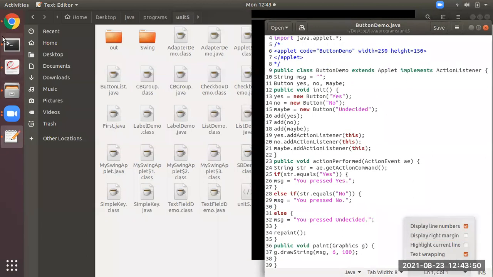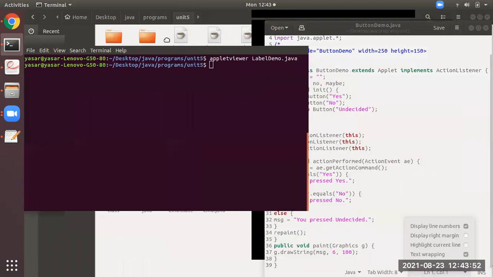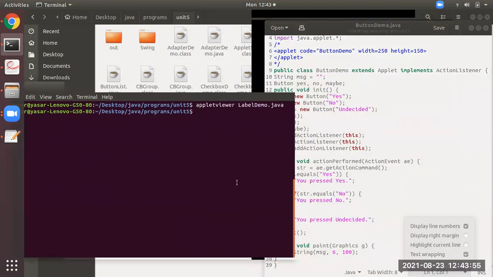These are the line numbers. And here I will compile first. Button demo. Because I did some changes, it's compiled. Now let's run the program.